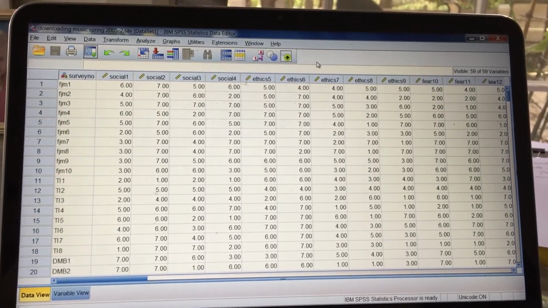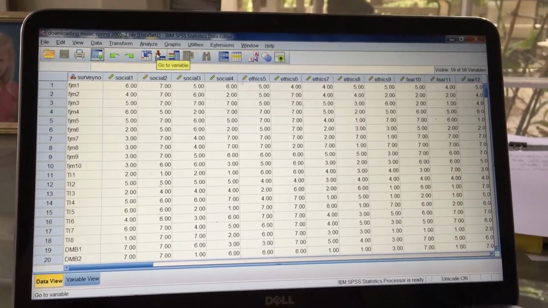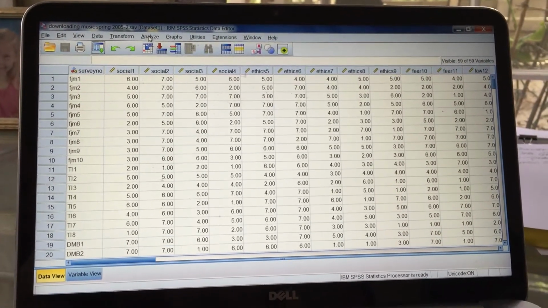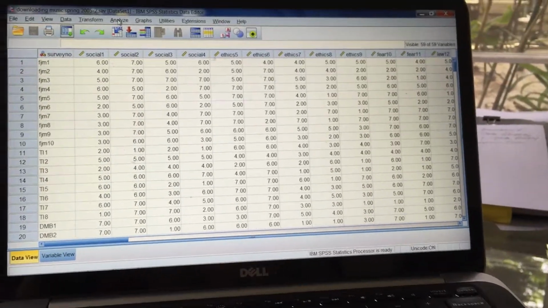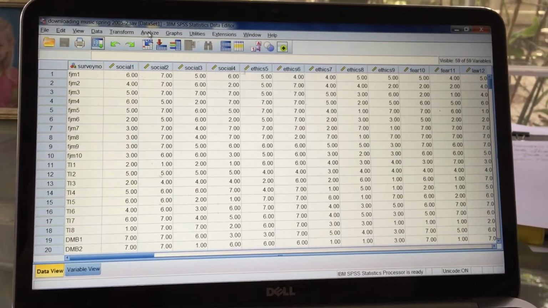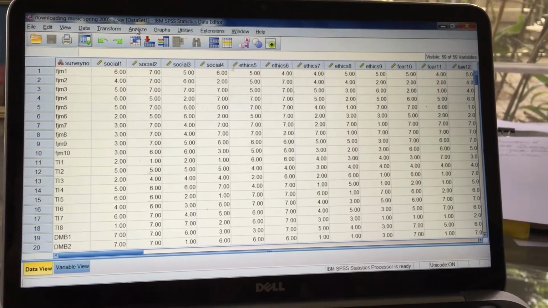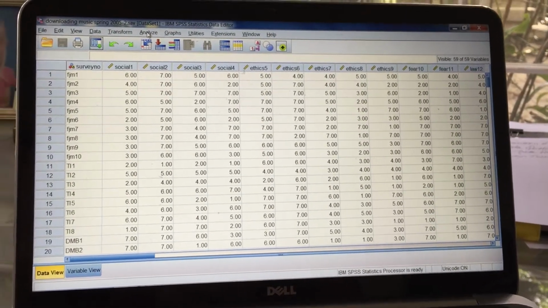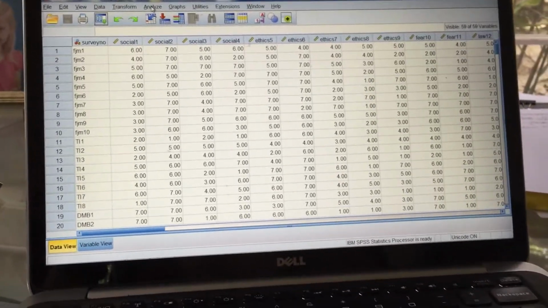I am looking at the downloading music data set, which I like to use to demonstrate this. And so to run a regression analysis, this is where we are trying to predict or explain our dependent variable. So the dependent variable is what I want to explain or what I want to predict. The independent variables are the factors that I think I can use to explain the dependent variable. And so my goal is to explain as much of that dependent variable as possible,